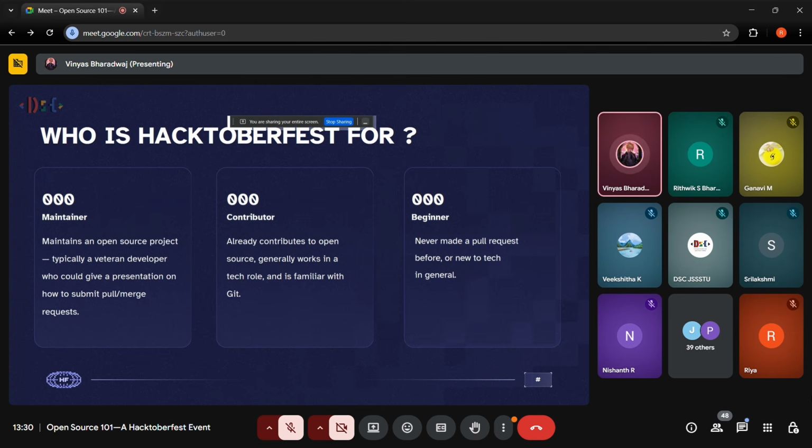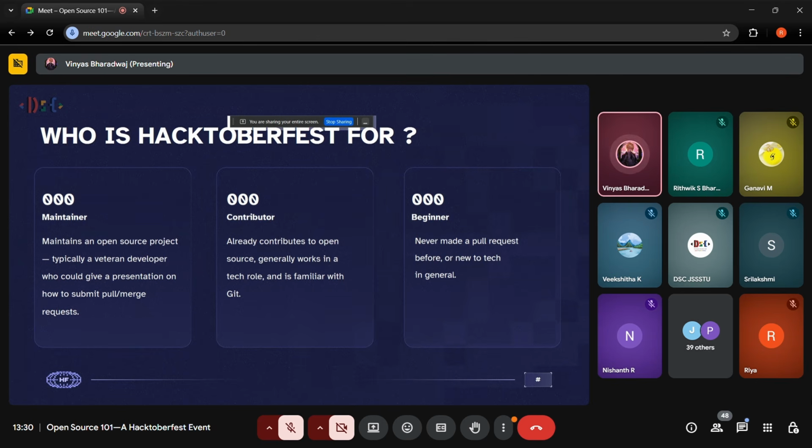The duty of a maintainer is to review the code and make sure the code that is being submitted is proper. And what exactly do you mean by proper? It could mean a lot of things. One is the fact that it should be correct, first of all. It should be bug free without any malicious code. It should also be clean code, very readable, and it should be documented well. All of these are taken into account, and then the maintainer merges the pull request.